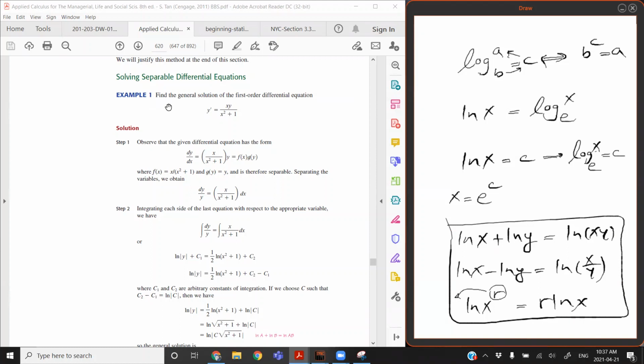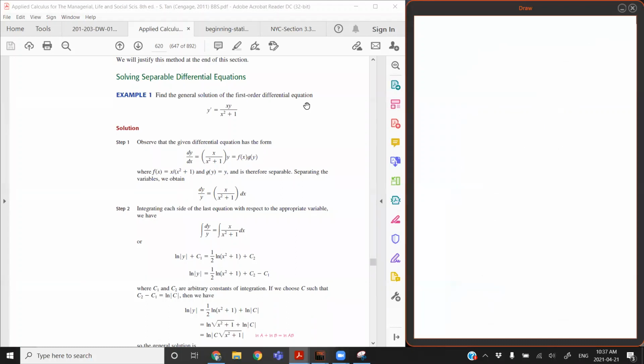So example 1: find the general solution of the first order differential equation. The differential equation given is y prime is xy over x squared plus 1. So what does this mean? Find the general solution. We saw last class that the solution to a differential equation is a function or a family of functions. And if you have the family of functions, that family of functions is called the general solution to the